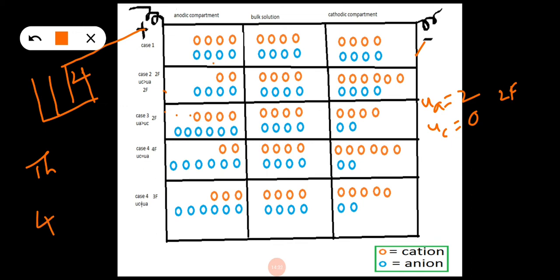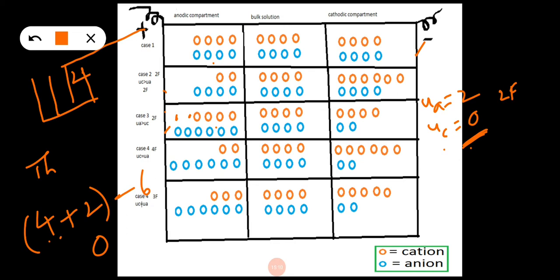There are 4 equivalents of silver nitrate solution and 2 will be brought by NO3 minus ions into the solution. So the theoretical increase is 4 plus 2, and here also NO3 minus is bringing 2 ions into the solution, and the observed is also 6. So the difference in these is 0. That means no cations are moving out of the anodic compartment to the cathodic compartment, so the speed of the cation is 0.